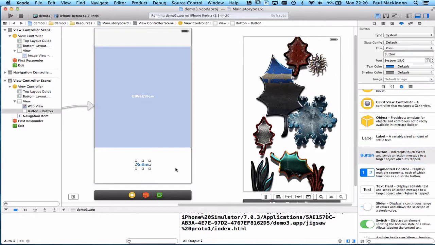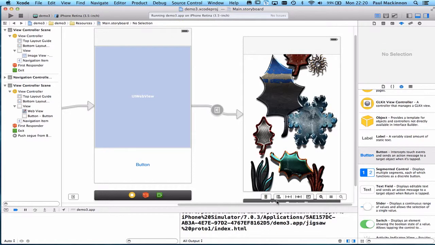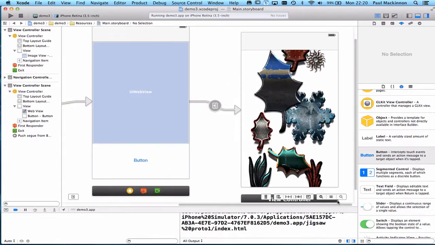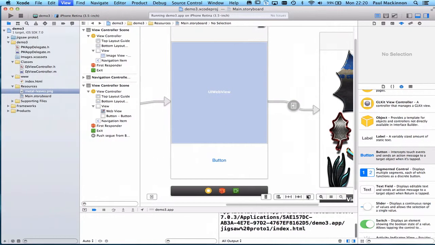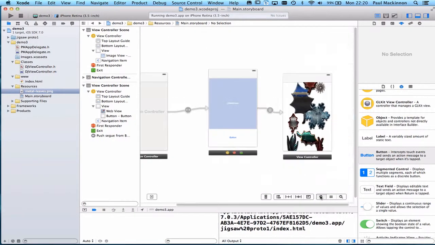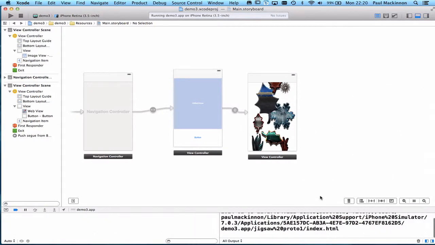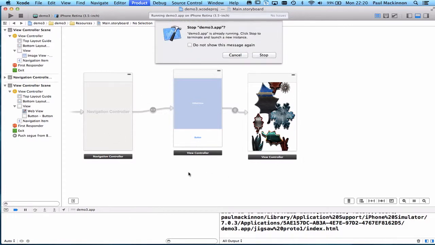So let's just add a button in there, and from the button, control click, make that a push segue. So if we run that,